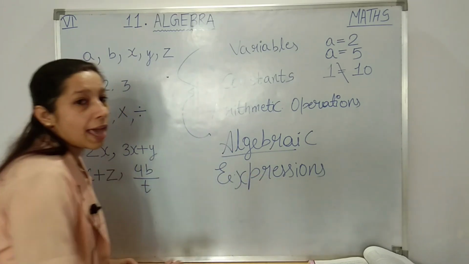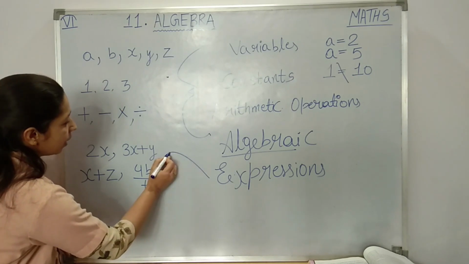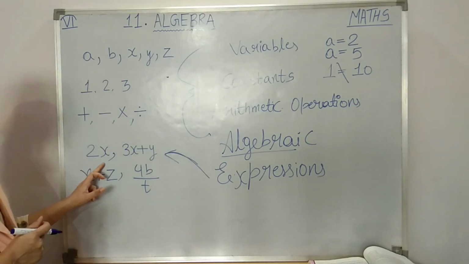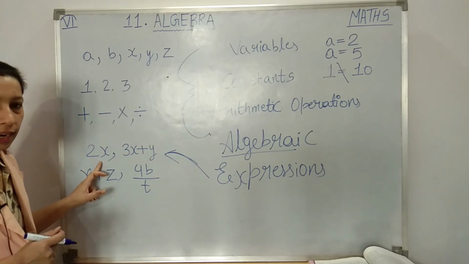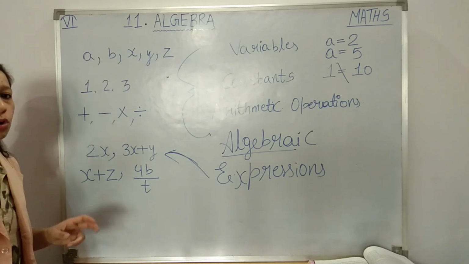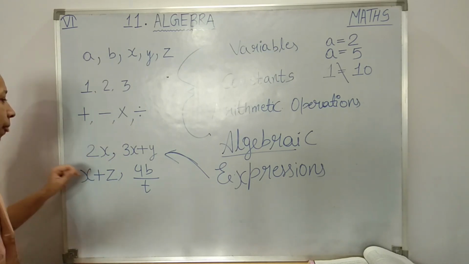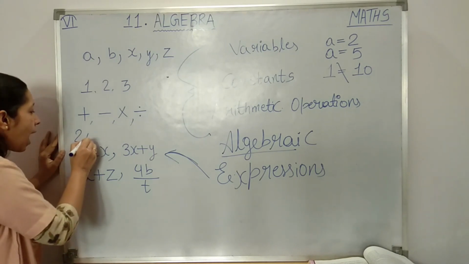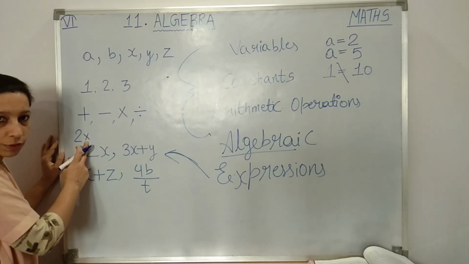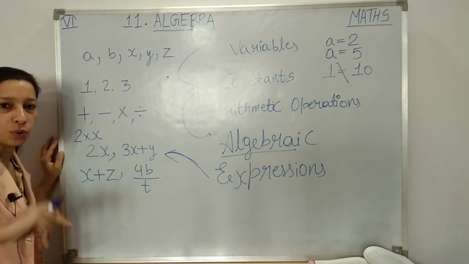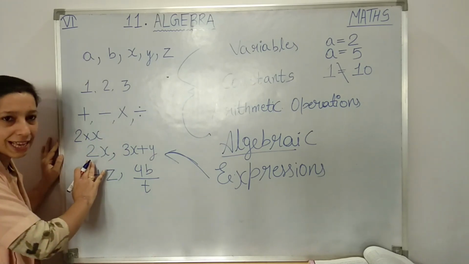Now what do you mean by expression, students? Its example you can get here. What I have written here, just see, I have written 2 and x. 2 and x are written together now. That means, students, here I have multiplied 2 and x. 2 into x will give you 2x. Here I have used one constant, which was 2, one mathematical operation, which was into, and one variable. 2 into x gave me 2x. Clear, students? So this is known as an expression.